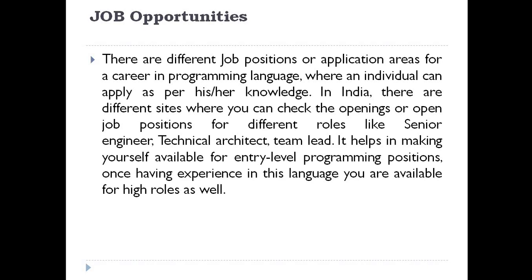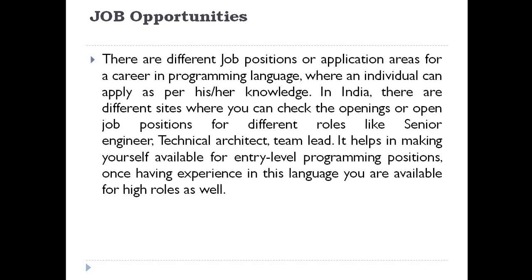Then job opportunities. Lots of the job opportunities nowadays are available in the computer sector, which is called the IT sector. We basically know the major or big cities where a huge area of the IT sector is located. Those are Hyderabad, Bangalore, Chennai, Pune, Delhi, Noida, Ahmednagar. These are places where lots of IT companies are located.